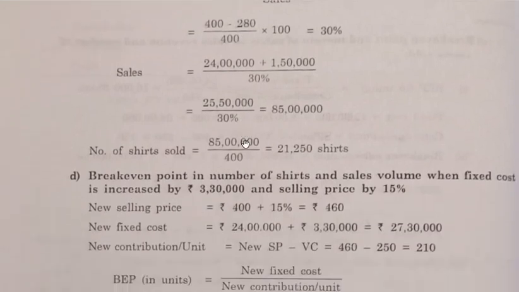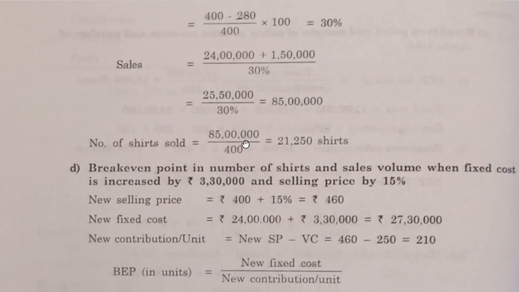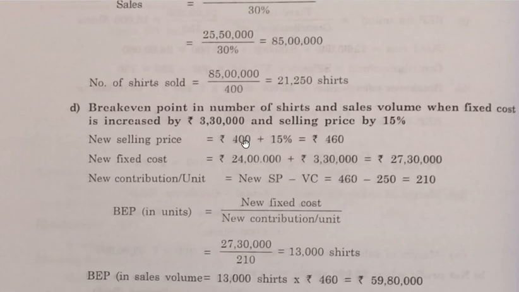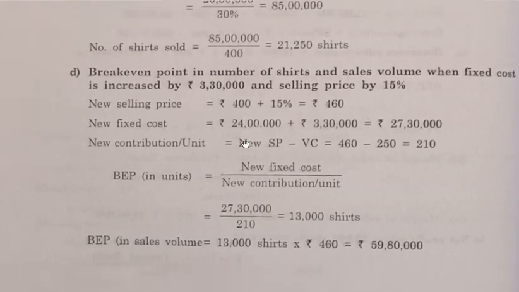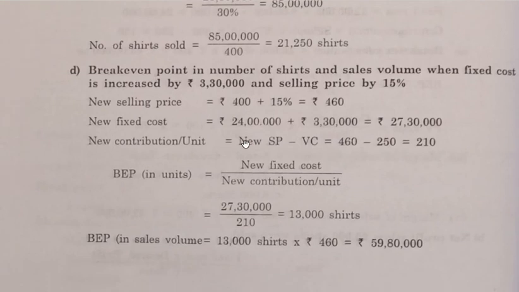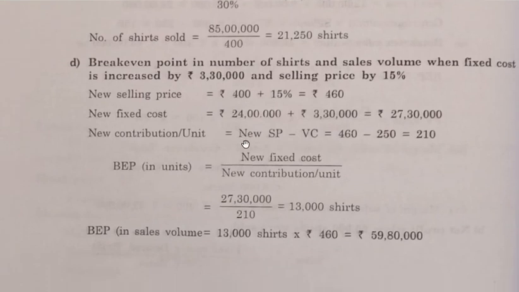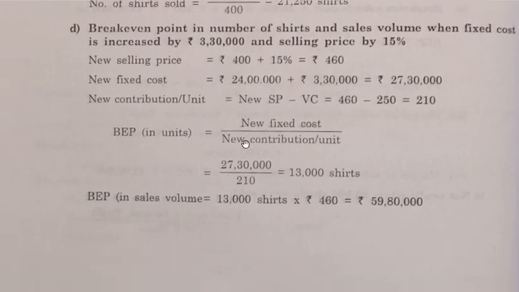So what is your sales? 24 lakhs plus 1,50,000 divided by 30%. So 25 lakh 50,000 divided by 30%, which is equal to 85 lakhs. So number of shirts sold is 85 lakhs divided by 400 rupees, which is equal to 21,250 shirts. So break even point in number of shirts in sales volume, if fixed cost is increased by 3,30,000